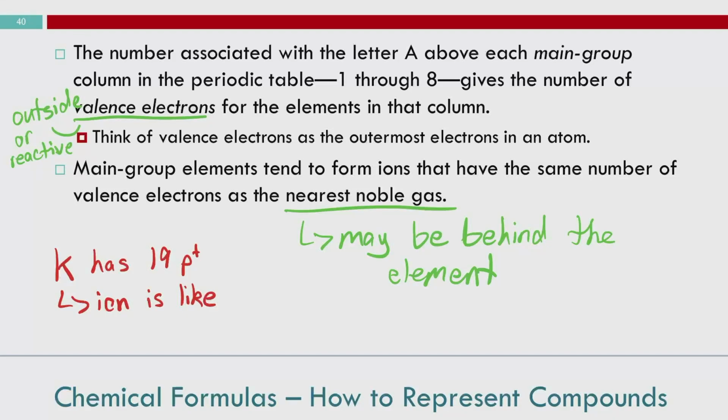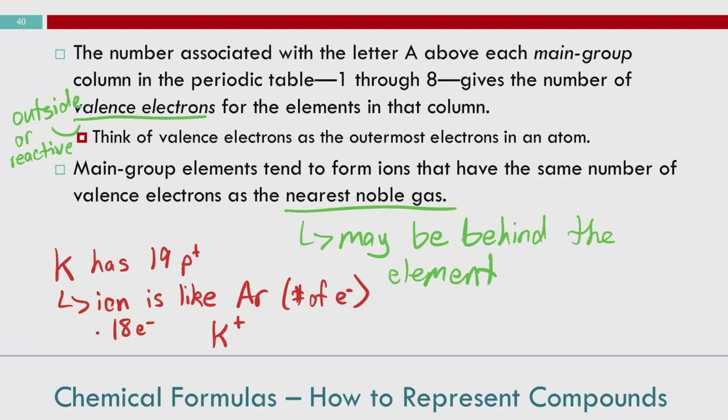Okay, so it's going to be like argon, which is the nearest noble gas, for the number of electrons. How many electrons does argon have normally? 18. Normally has 18. So if we've got 19 protons, 18 electrons, what's our charge going to be? One positive. So we've got one extra proton. So potassium is going to be K plus,